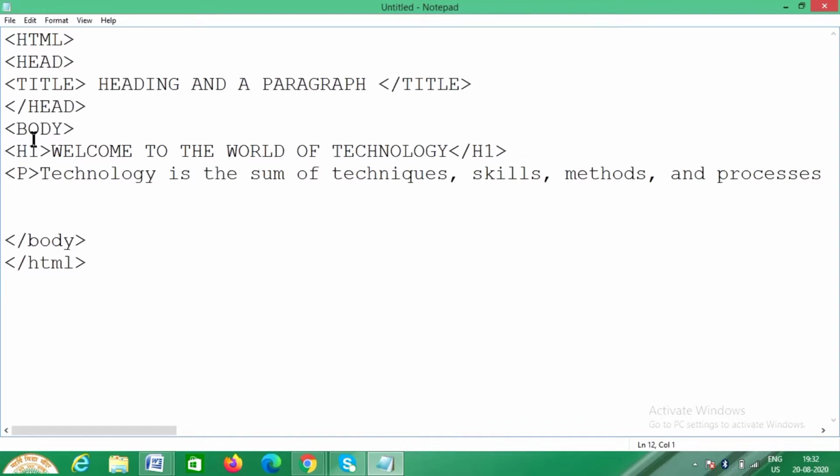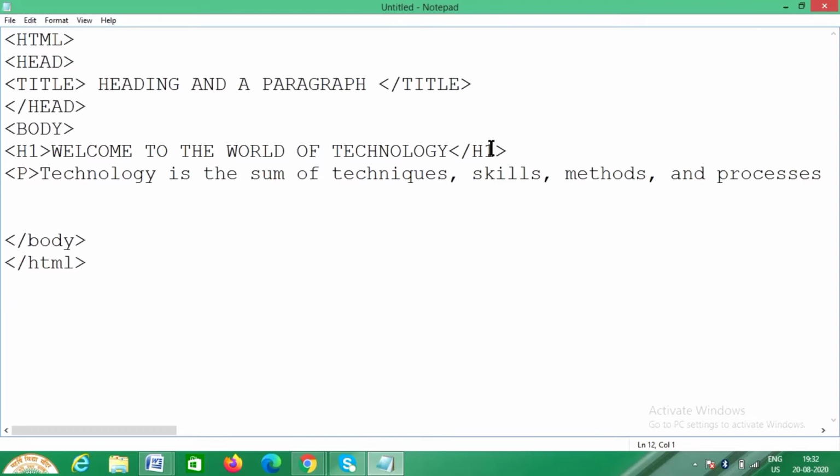Fine. So H means heading. Whenever we write a paragraph or whenever you start a new chapter, always on the top you write the name of the exercise or the chapter, isn't it? So that is the heading of the page. That heading we write in bold letters or a little bit bigger. So to do that, we need to tell the browser that this is a heading. That's why I have given the H1 tag, H for heading, and 1 I will tell you. Again I have closed this H1 tag.